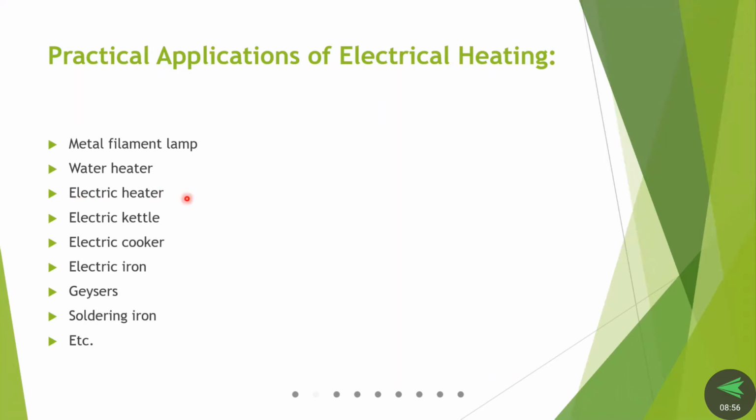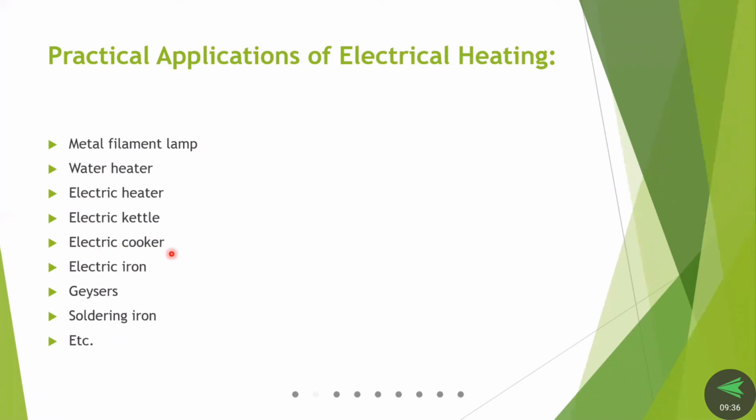Next, electric heater. Electric heaters are also used for different applications. For increasing room temperature we use them, or for some special applications to increase the temperature of liquids or solids or whatever it may be. In the case of furnaces also, electric furnaces melt the metals, so in those cases an electric heater is used. An electric kettle is used to increase the temperature of water, to get hot water, to make coffee or to boil milk. For that purpose the electric kettle is used.